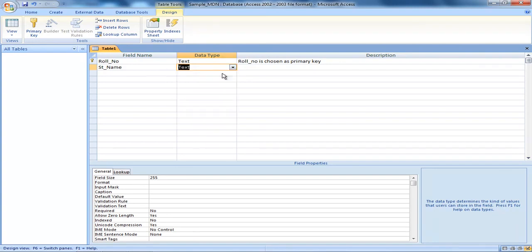Now for the next field, student name. This also we choose as text type. Now student name is alphabet, so we'll choose text type. In the general property, field size, I'll keep it 25, because you can keep 30 also for any longer names.